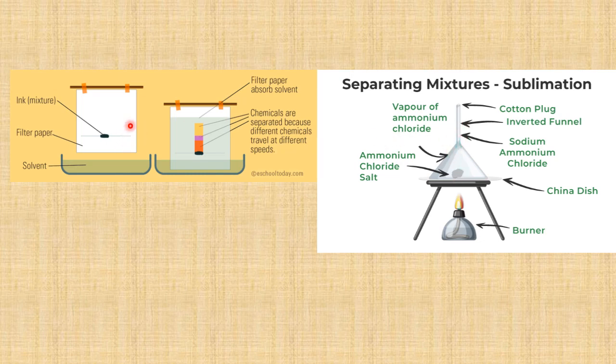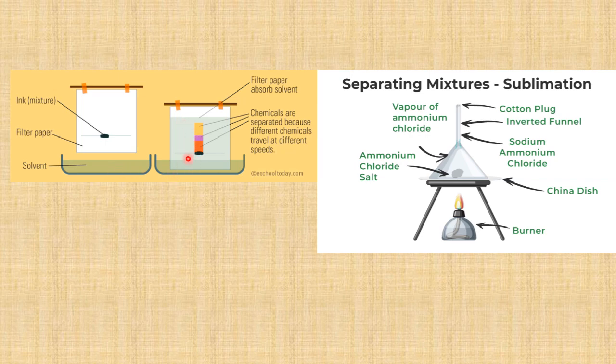Now finally, this is an example or setup for chromatography. For instance, if you want to separate the components of ink, which is a mixture, you have this setup here where you have the solvent, and you have the filter paper where you pour the ink. You have a line here which shows us the starting point of the ink, and once this paper is put inside the liquid,